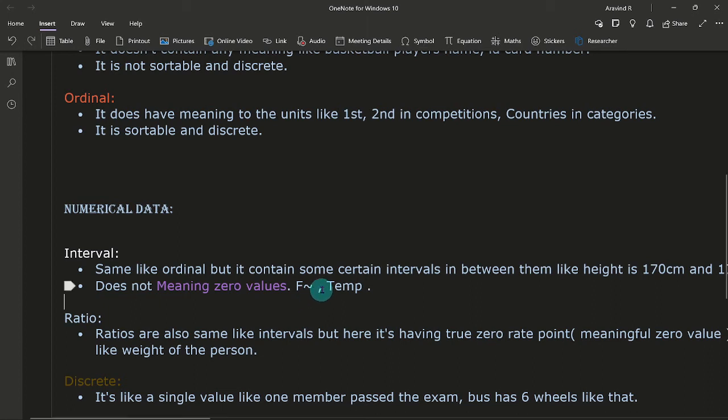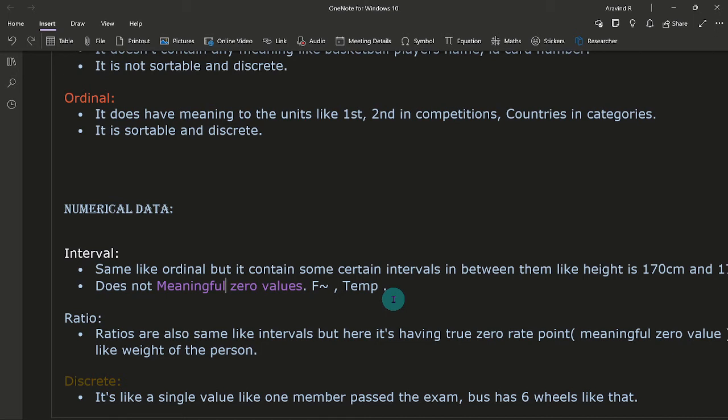Like we have temperature. Temperature is an interval data type. It has some certain intervals on that. Let me explain. It does not have any meaningful zero values. The better word here is meaningful zero values. In temperature, we have -6, -25, 125, like Fahrenheit or degree Celsius. We have temperature with a variety of names. If you take zero as a temperature, it does not have any